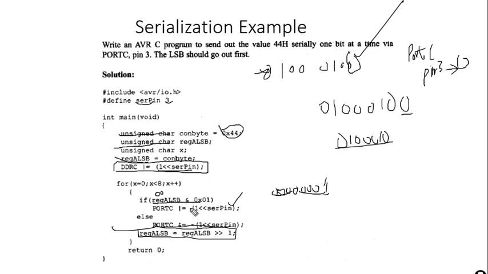One time right shifted, we'll again check this. In this case too, the LSB is still 0, the if condition will not be true, and we'll again clear pin 3 of port C. At the end of the iteration, we will once more right shift it to get 0 0 0 1 0 0 0 1. Now you can see that the LSB is 1. In this case, the if statement will be true, and we set pin 3 of port C. So this way, one by one, we will transmit each bit.